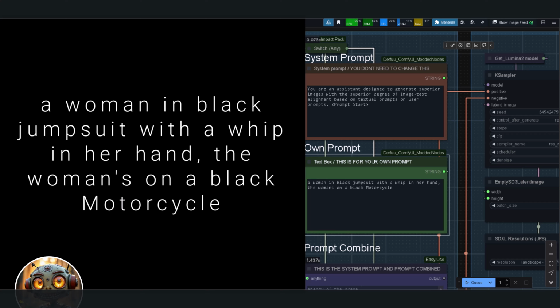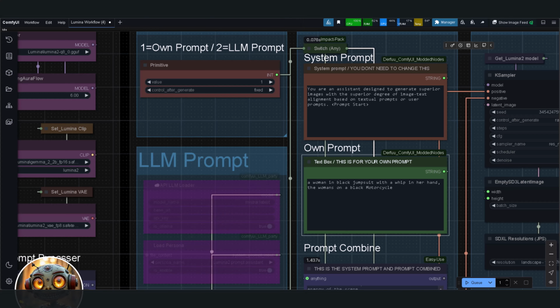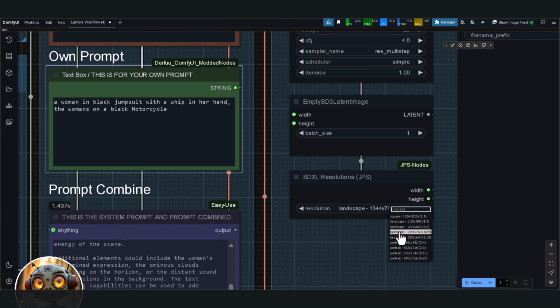This is a really vague prompt. I'm not specifying the background, time of day, mood, art style, or anything else. Just the subject. Before I queue it up, I'll set the resolution to 16 by 9, and now let's see